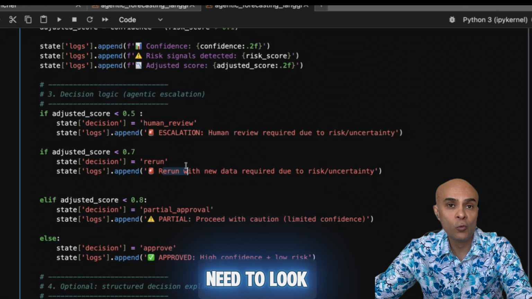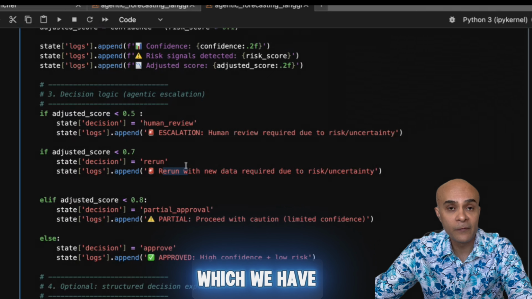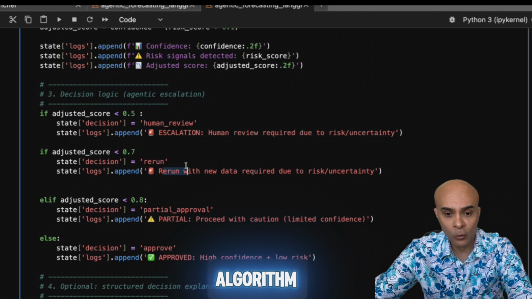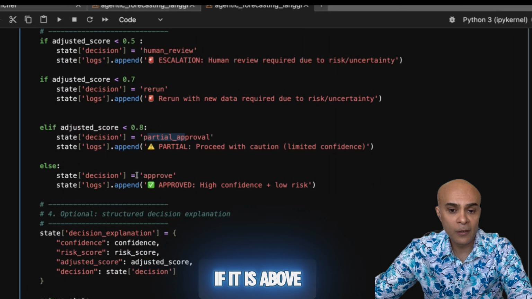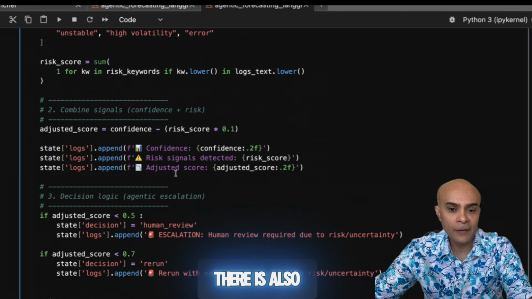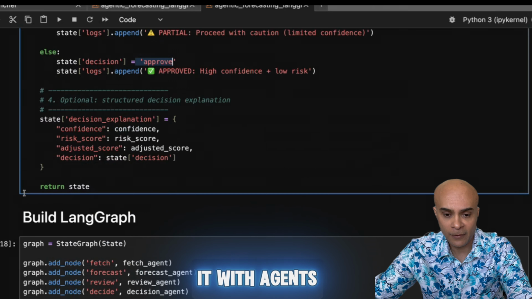You might need to look into various other channels, could be some channels which we have not considered, or, for example, you should rerun with a different algorithm. If it is around 0.8, in that case, there is a partial approval. If it is above, then the complete forecast is approved. So you can see that there is also reasoning built in here, which is generally done by humans manually, but here we are automating it with agents.